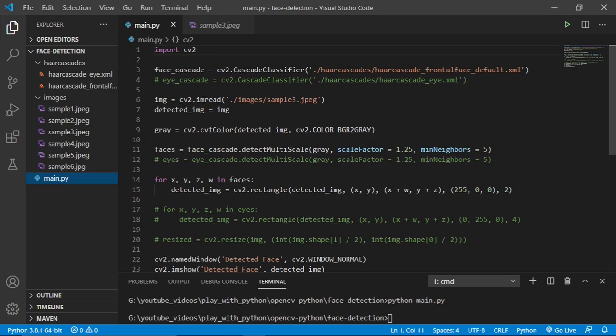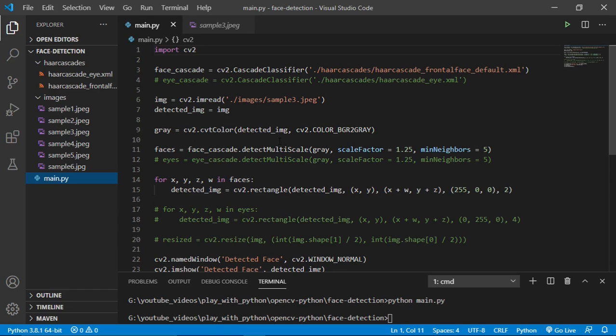Next we are reading img. So this img will contain our image object. Here I have not passed the flag. When I was talking about reading images in our cv2 introduction video, I showed you how to read an image as a color image or as a grayscale image, and we have to pass a flag for that. But I have not passed any flag because I want to read it as a color image and then convert it into a grayscale image. So we have a function over here, cvtColor, which basically means convert color. It converts from RGB to grayscale.